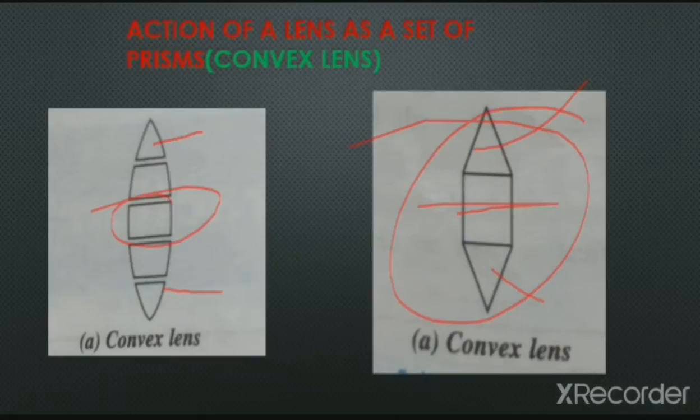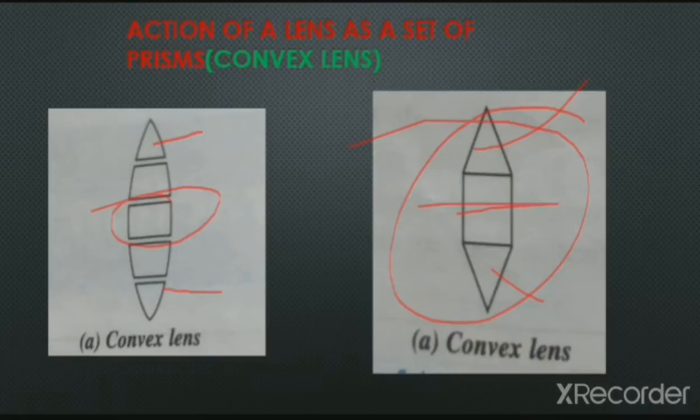So we know that if a ray of light is striking normally on a glass block, it passes undeviated. And we have also studied how a ray of light refracts through a prism. Now we'll see how the converging action takes place in this kind of lens. Sometimes in the question, it will be asked to explain by a ray diagram the prism and the glass block action of the converging action of a convex lens by dividing it into three parts.